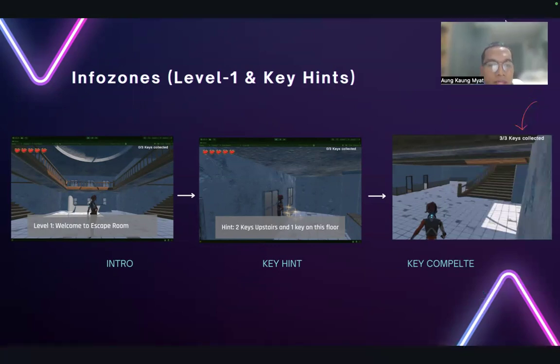So in the second picture, when the player finds the key, you can notice that the key count changes in the top right corner to 1/3. Also, the hint info zone of the rest of the keys' locations appears when you find one key. So players can easily press a key to continue into the game. And moreover, the key is not easy to find, so that in the end, the players will get a satisfaction after finding each key. Next slide, please.